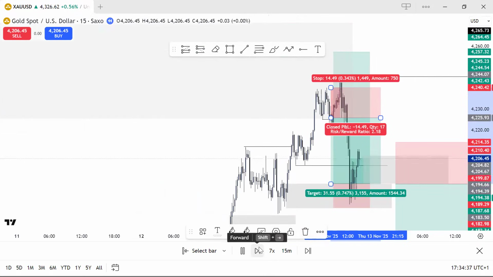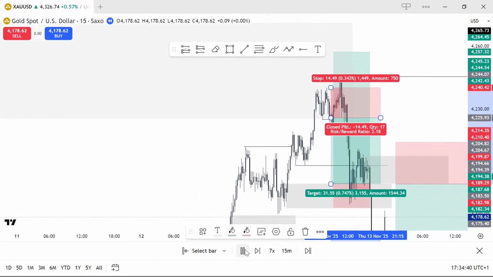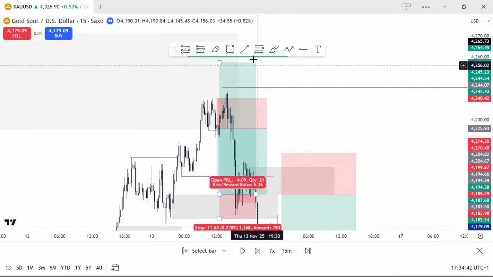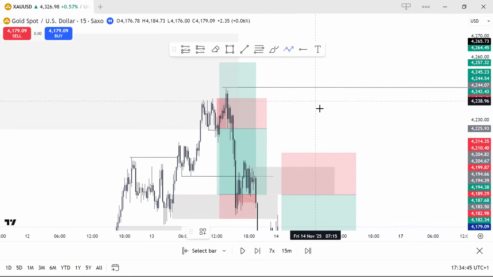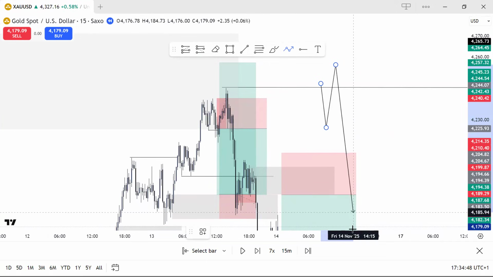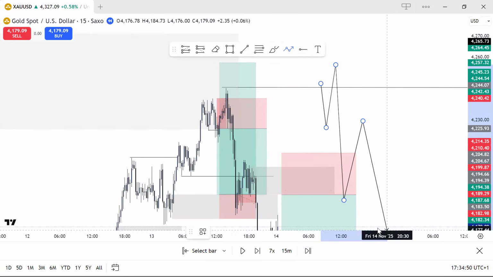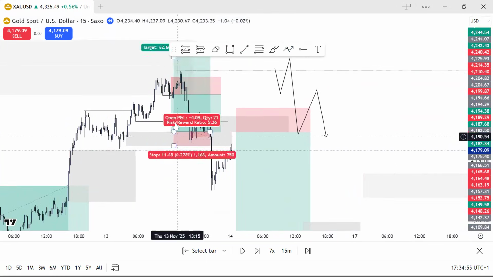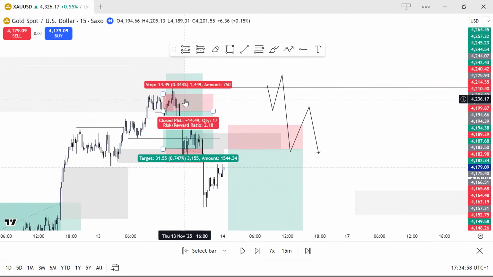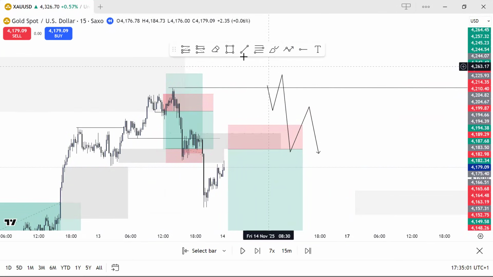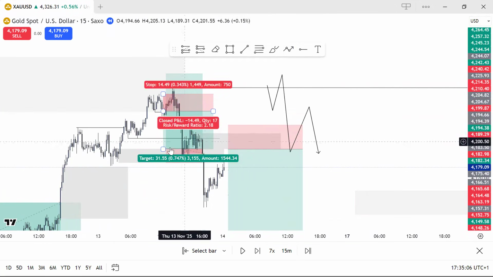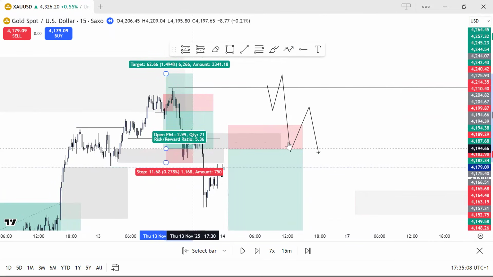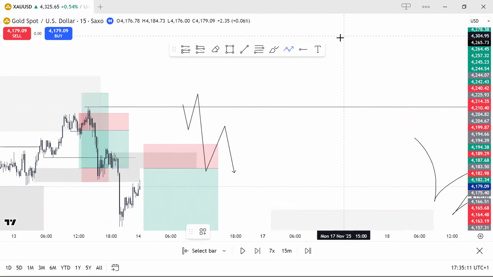So price takes it out. Now, like I said, this is not really a good move because a breaker block should give you a very massive impulse to the downside and you do not expect this. You understand what I'm saying? So this confirmation entry here, if you have done this, you obviously hit your stop. But because a lot of persons wanted to buy it here, it induced a lot of persons to buy. What is inducement? Inducement is basically there's a buy zone